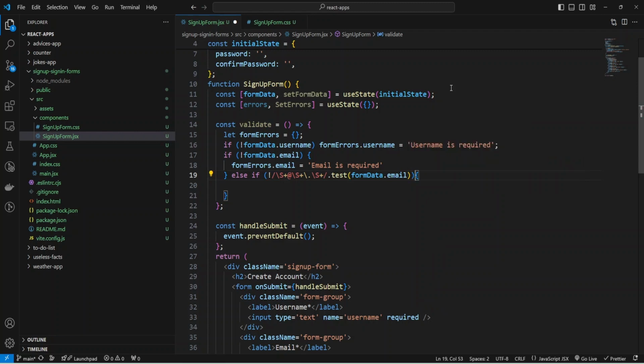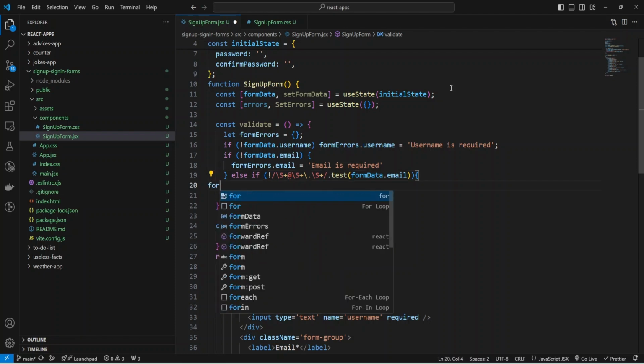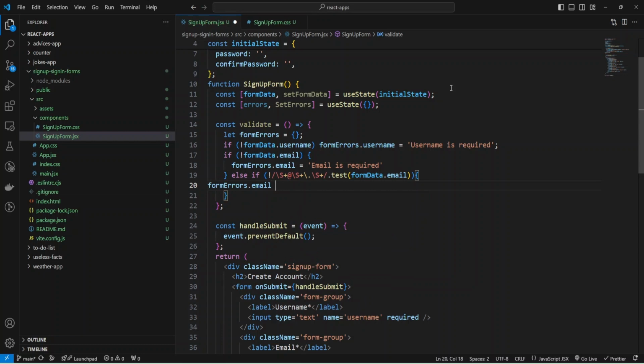Okay, and if we don't have a correct email, then we can add formErrors email, and provide the string value "Email is invalid".